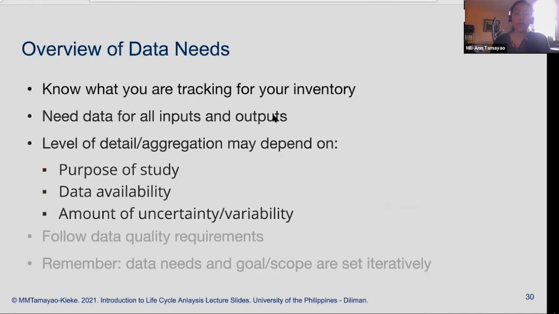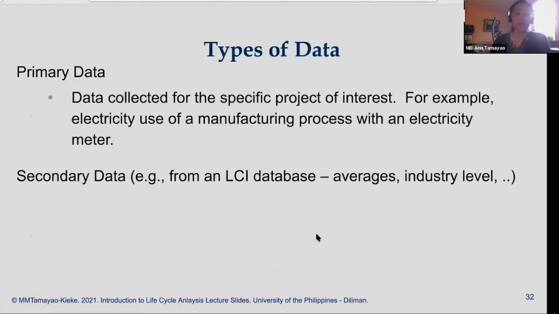And then you have to be able to clearly characterize the level of detail or aggregation of your data. And this may depend on the purpose of your study, the availability of data, as well as the amount of uncertainty or variability that is involved in your data. Next, you have to be able to follow the data quality requirements that you have specified from the outset. Okay, before we proceed to the last bullet,